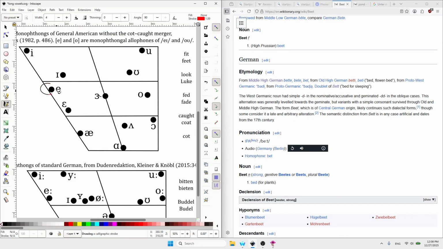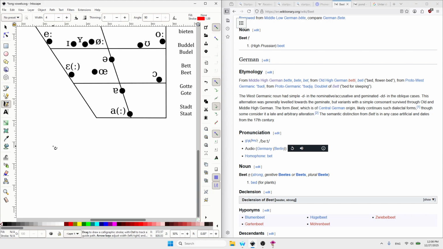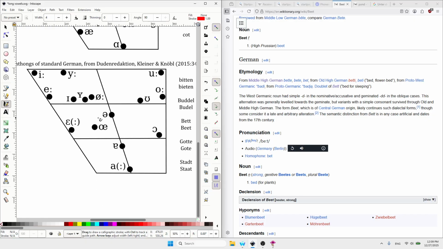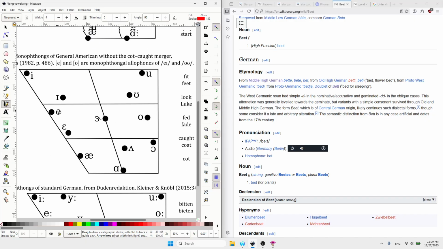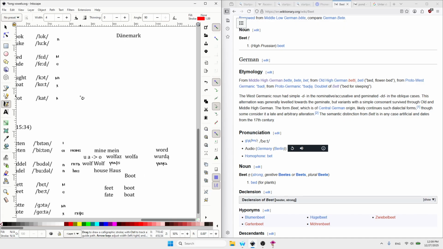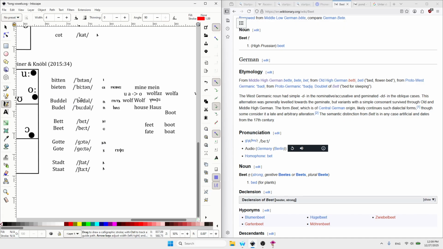It's over here, whereas the German a is up here. So there is a difference. It doesn't show them the diphthong on that phone chart, but